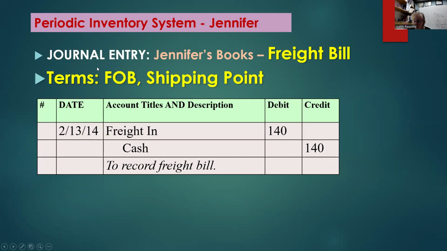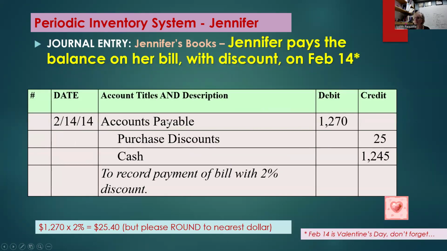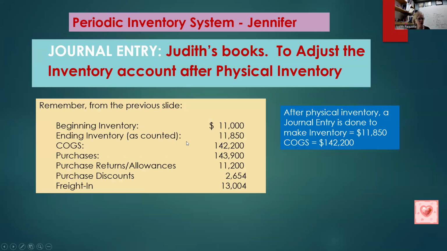Here we only use freight in with a periodic inventory system. So here's where we charge the freight in and cash. Here's the return, debit accounts payable, credit purchase returns and allowances. And finally, when we pay, debit accounts payable, credit cash, and credit purchase discounts. Okay. But I want to show you